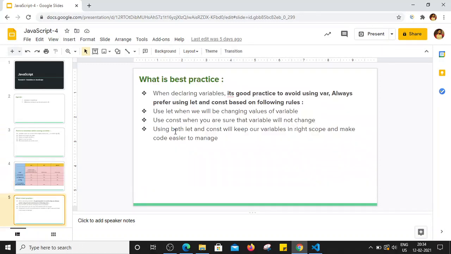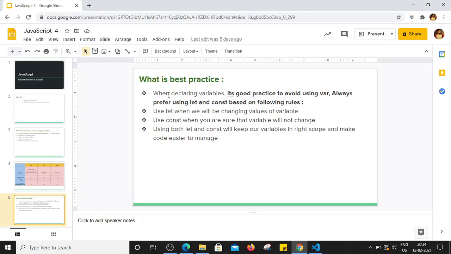Now, what is the best practice? So far we have seen the difference between var, let and const, but how will we know whether we should use var, let or const, and where we can use those? When declaring a variable, it's always good practice to avoid using var. Always prefer using let and const based on the following rules.